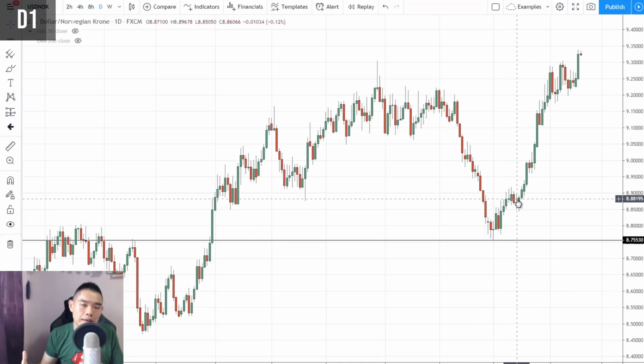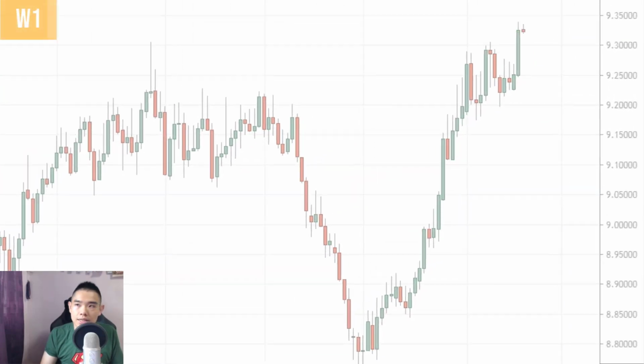using multiple time frame analysis? You don't have to rely on candlestick patterns. You don't have to rely on price rejections. If you understand multiple time frame analysis, you can go down to a lower time frame to better time your entry. And also, another thing is this: on the weekly time frame,